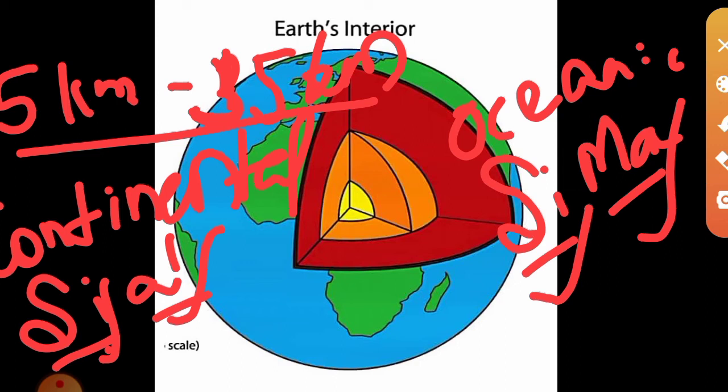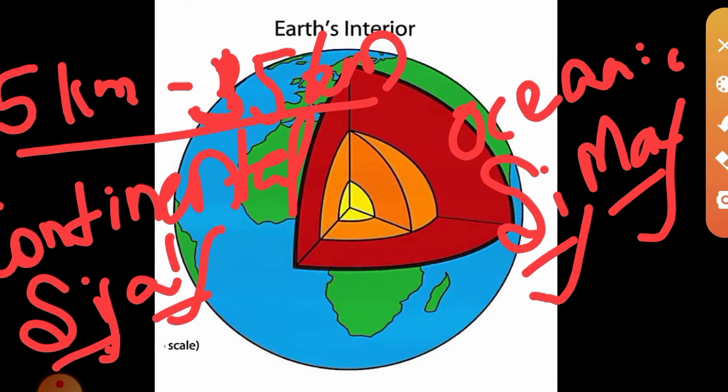Okay, what are the things we learned about crust? Yes, crust is the thinnest layer. Crust is the outermost layer. It forms only 1% of the total Earth's volume. Then, crust is again divided into two thin layers: continental crust and oceanic crust. Continental crust means which forms the continent. Oceanic crust means the ocean floor.